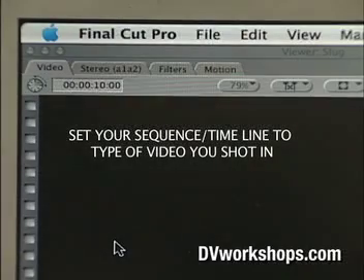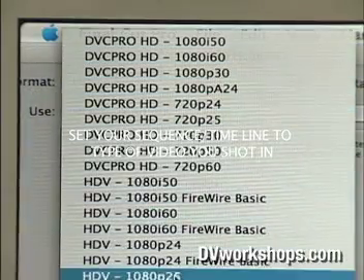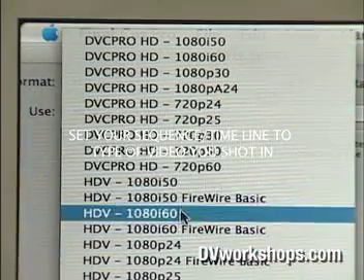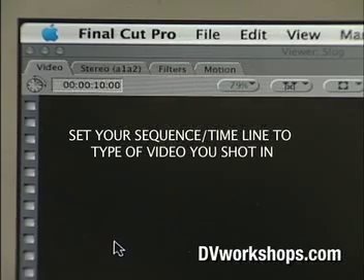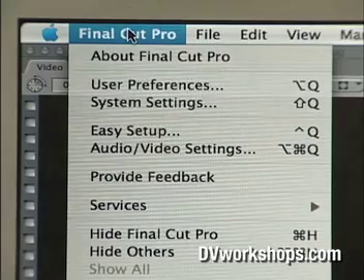Now, for many of you, you may be playing with different flavors of video. You may be editing with high definition or standard digital. Well, once you open your project, you have to set the sequence at the type of video you're going to be playing with. So if it's HDV, you're going to have to set up your timeline for HDV. Here's how it works. Go to Final Cut Pro,